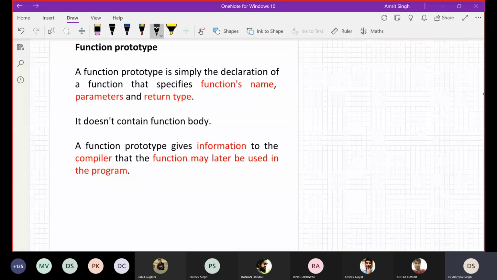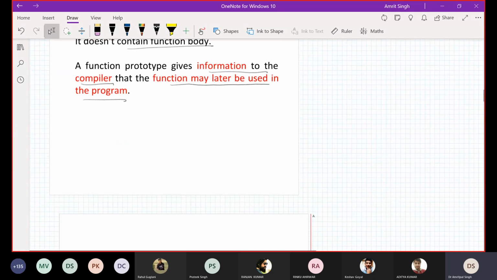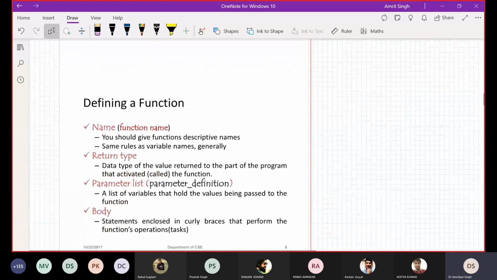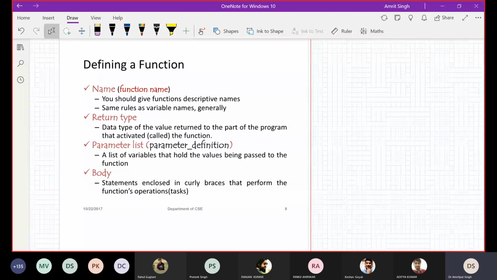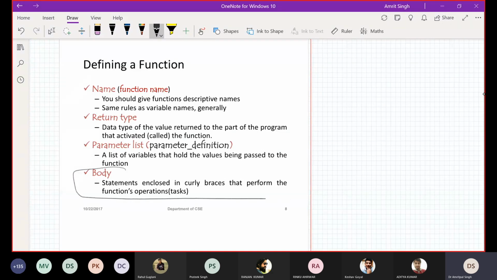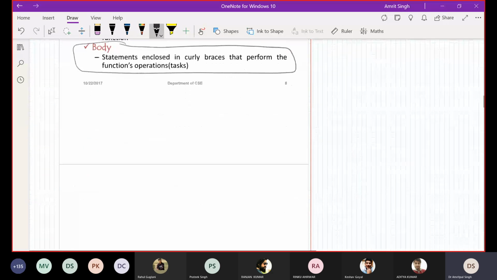It doesn't contain a function body. Function prototypes give information to the compiler that a function may later be used in this program, just to tell our compiler to be ready for a new function. While defining a function, we need to give the full body. That is important, and we need to write the body according to the task which we want to perform.